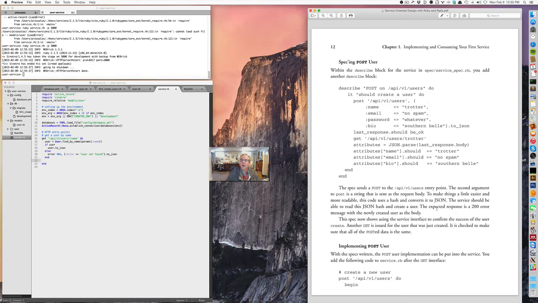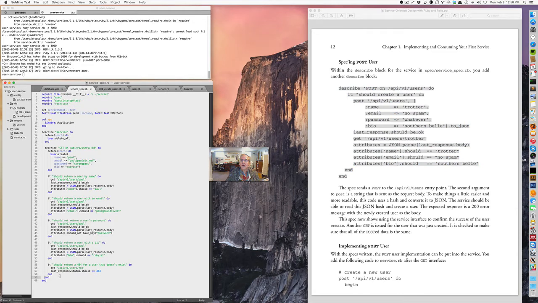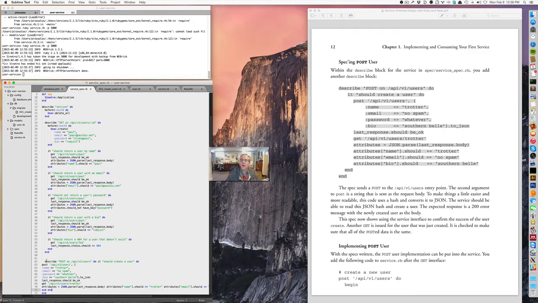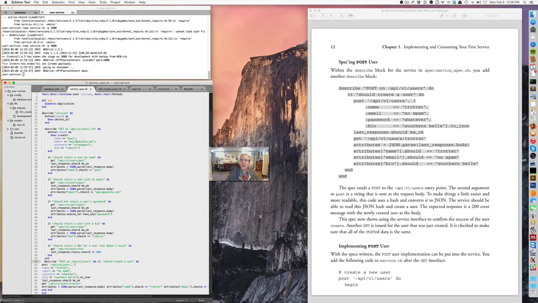So basically, first we're going to write the test. So the test, I'm going to just copy from here, and I will give the tour as I did before. Over here we described the service, but within that we had a description of the get, and now we're going to put the description of the post. So I paste it in here, and again I'm going to explain what I'm doing. So this is the first line, which is going to be the test description, and I'm going to say it should,